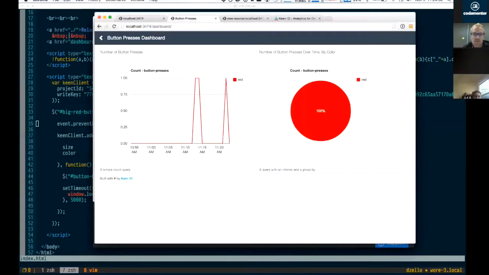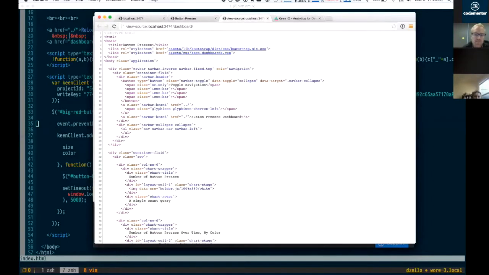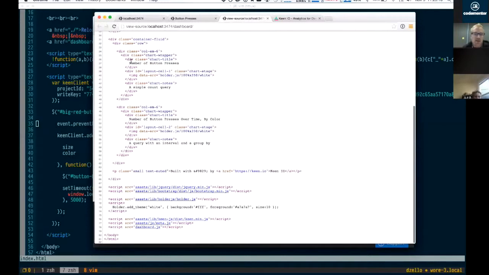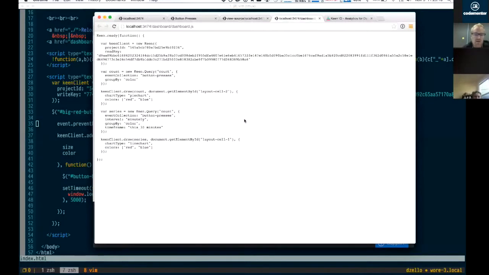But coming back to our example, it's built on that dashboard framework, so you can see a similar styling. If we look at the code behind it, there's basically some Bootstrap grid code and some places where I've gone in and added chart titles and everything. But overall, there's not a whole lot to it. Most of the interesting stuff is in this file, dashboard.js. And what this file is doing is actually running the queries to get that data and then putting them into